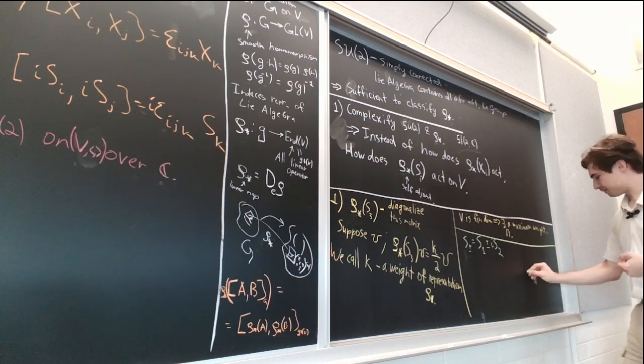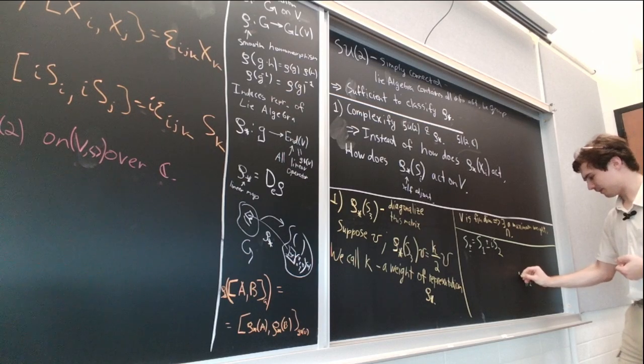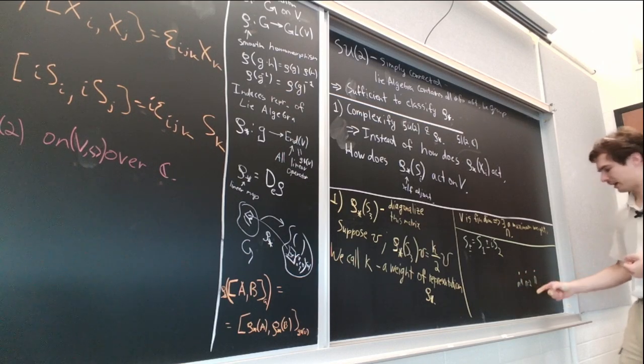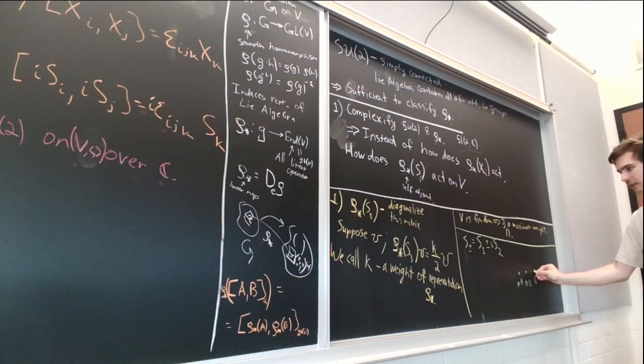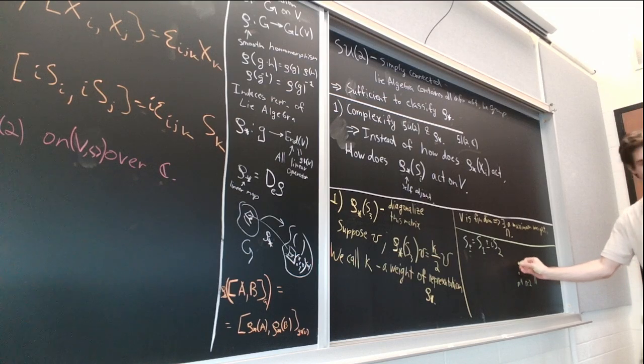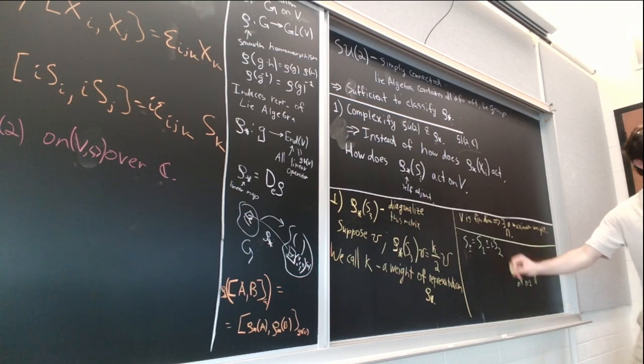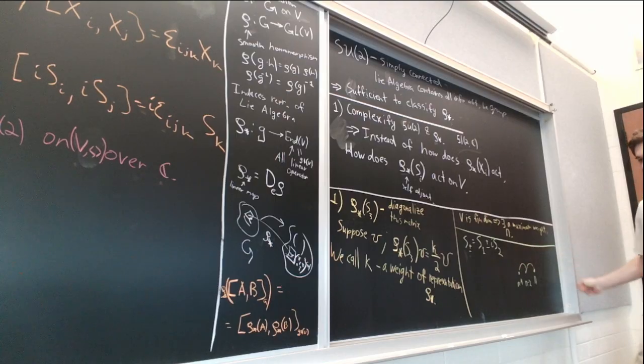The point is, there's going to be vectors with these different weights, and you're going to see why I'm jumping by 2 in a second. I'm going to want to take a vector here, and I'm going to try and use these S plus and S minus operators to kind of go from this eigenvalue to lower eigenvalues, okay? And then I can use the other operator to go back up, and then this way I'll hopefully build like a tower of